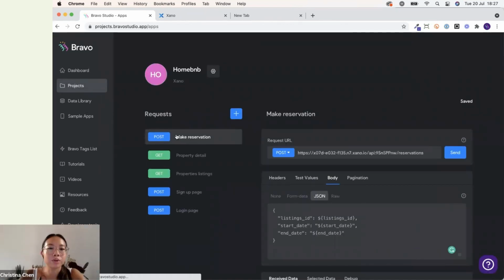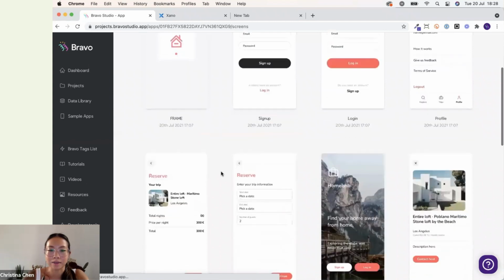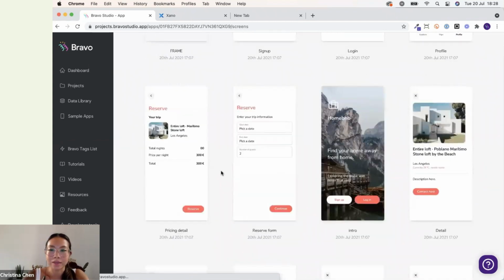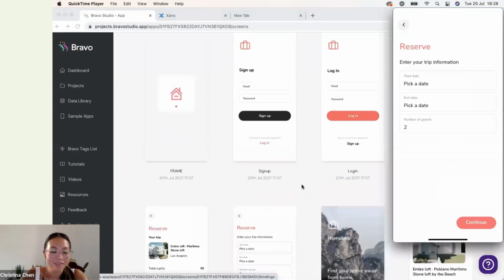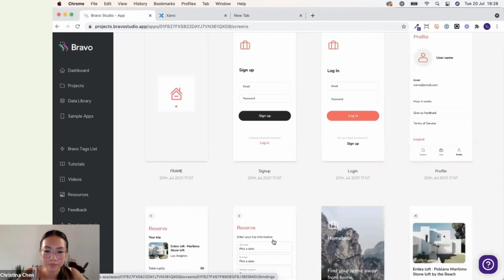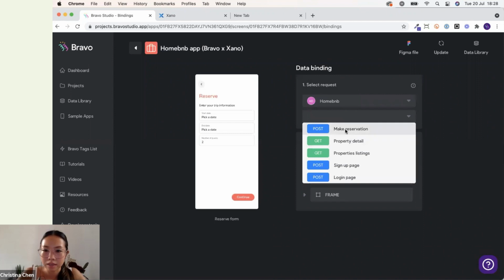Often with Bravo, with the data setup and data binding, it's just like trial and error back and forth until it works. Okay, so let's find the page, go to collection,